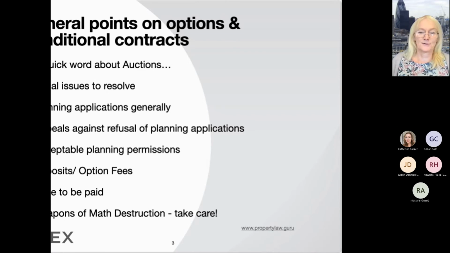Now, they may not always have to, but sometimes they do. Then you've got the situation that the builder will negotiate the terms with the council. So you've got three sides of a triangle. The builder negotiates with the council what the terms are. They then use this agreement, option agreement, conditional contract, to make the landowner enter into the planning obligation with the